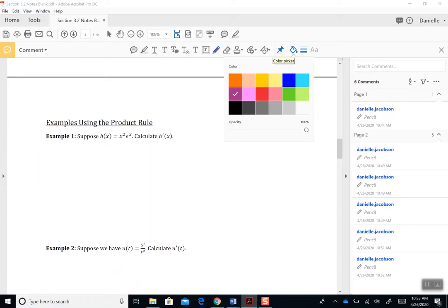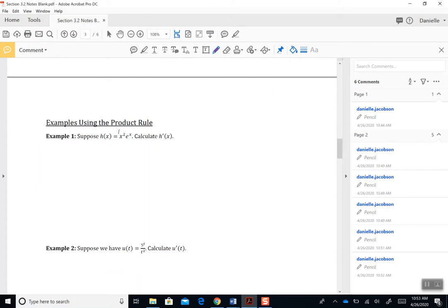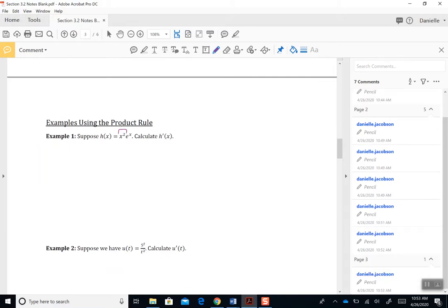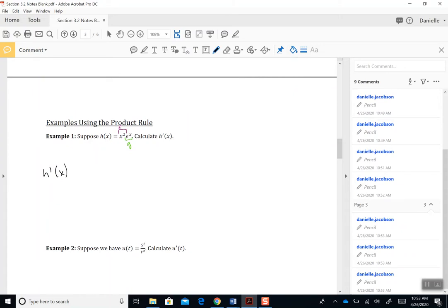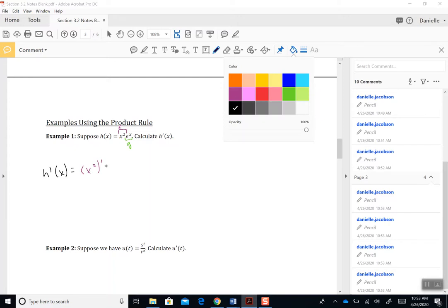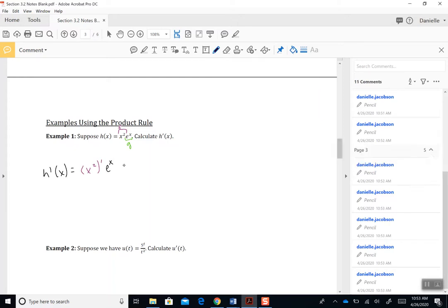When I say that, it means that I'm probably going to be using the product rule. So I have x squared, that's my first function, I'll call it f, times, so product rule, my second function, which is g. All right, so let's write this all out. Okay, so I have h prime of x is equal to the derivative of the first, so that would be x squared prime, because my first function is x squared, times the second, so times e to the x, plus